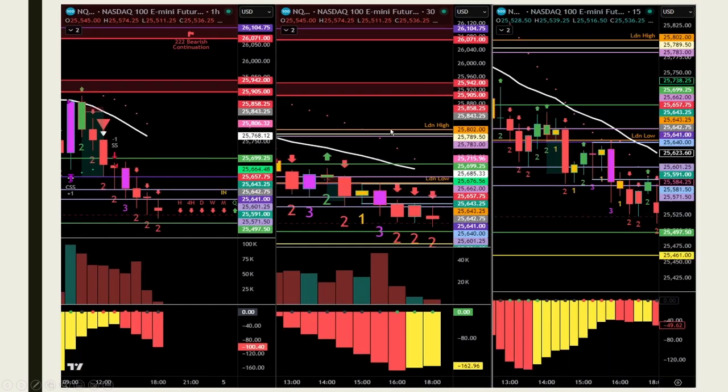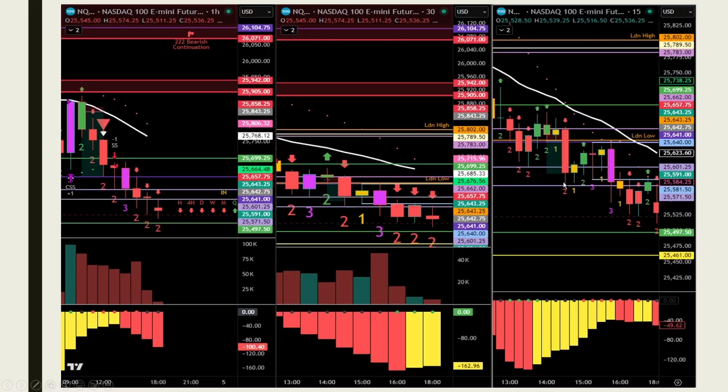Another example here of a 2-1-2 reversal, so an inside candle reversal, where price put in a directional move to the upside, right? Breaking the previous candle high, but then the bulls weren't strong enough, pushing us back into the previous candle's range, and then watching this low for a break here, right? Then we got an inside one, so we didn't get that confirmation yet, but it was still giving us some good signal there. And then once we got that break, that's where I took my short on this candle, capturing that